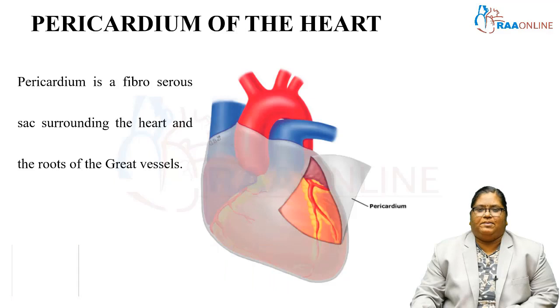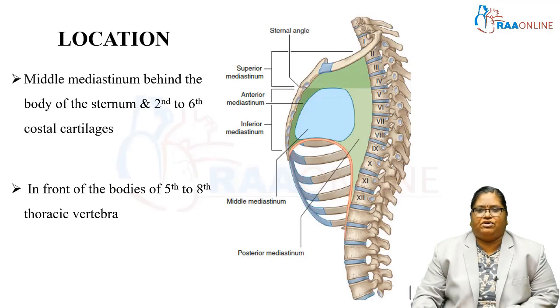Pericardium of the heart. The pericardium is a fibroserous sac surrounding the heart and the roots of the great vessels. What is the location of the pericardium? The pericardium is situated in the middle mediastinum, behind the body of the sternum and the second to the sixth costal